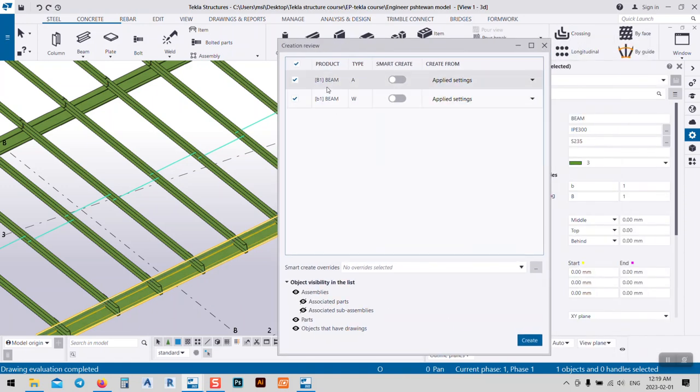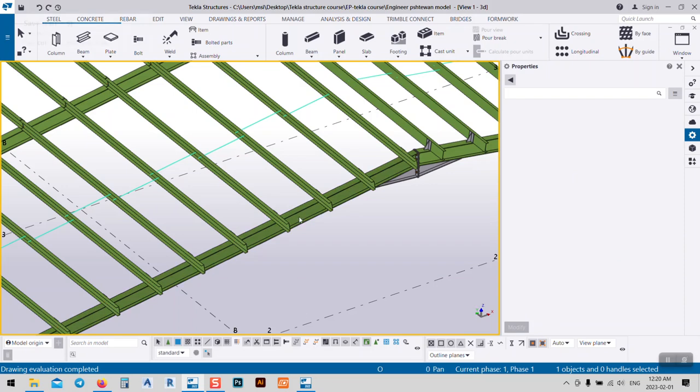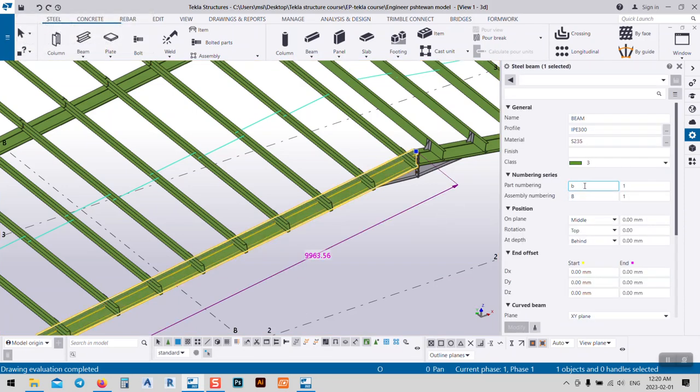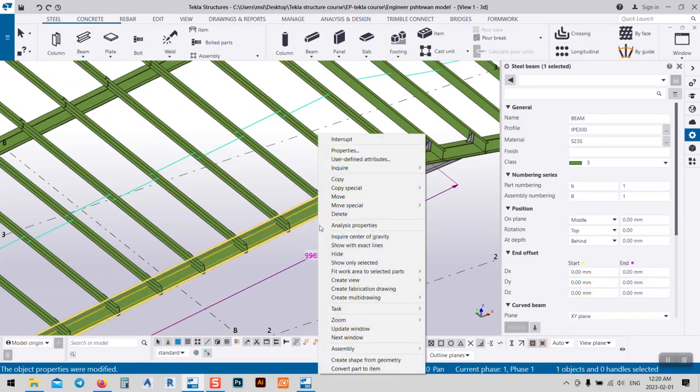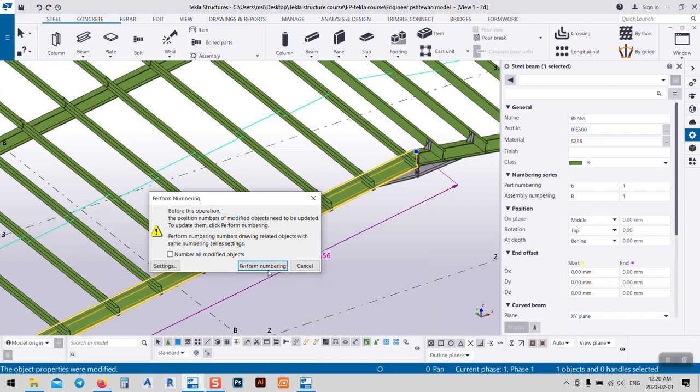And where do these names come from? If we look at B1, small and capital, just click here, and you see here is the part numbering, which is B, and the assembly number is B capital. So we can change this one. For example, for the rafter, for the assembly, let's name it R for rafter, and modify. After that, if we come back and select this one, right click, create fabrication drawing,